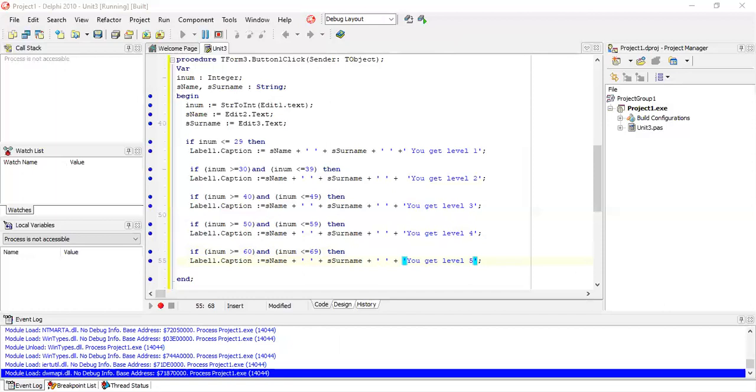Let's go back again and check versus the mark. Vusi got 60. Here is Vusi. Surname is Dlamini. Right, let's check Vusi's mark. Here, Vusi gets level 5. Okay, so,